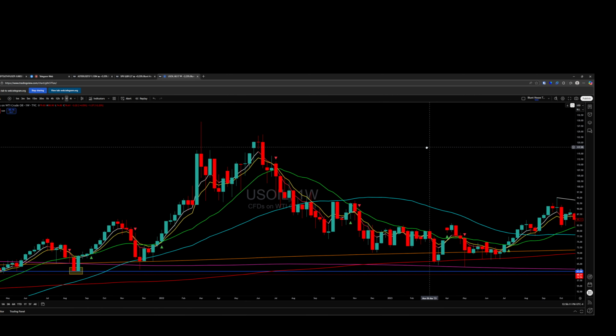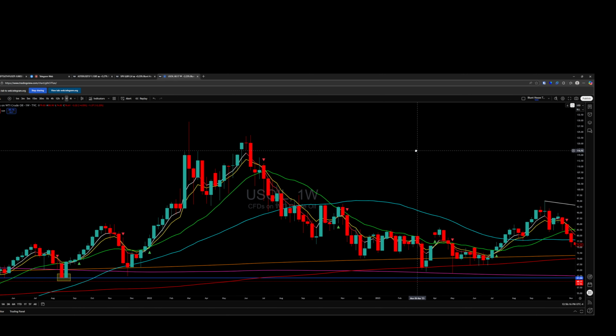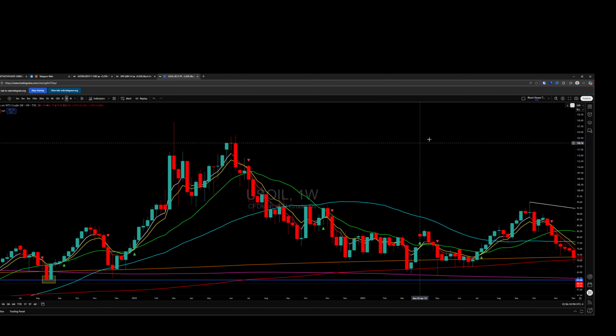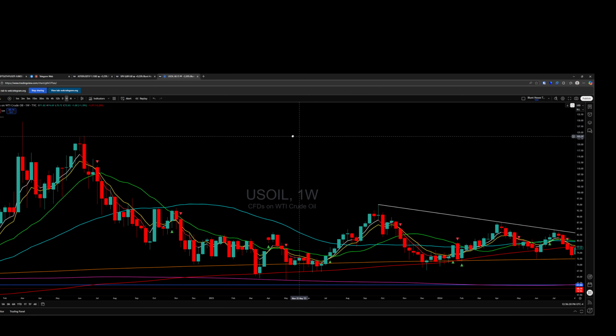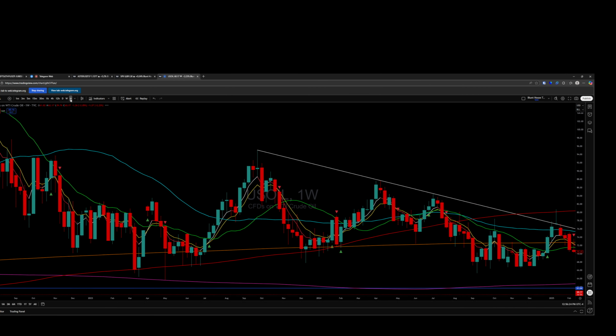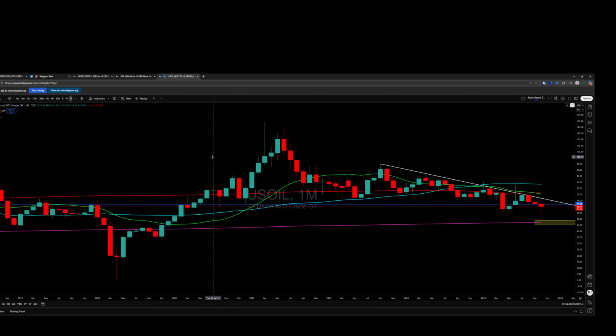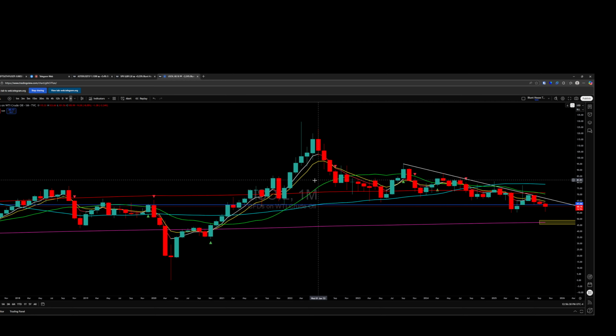Oh, we broke some levels. Break one level, find the next, and so on and so on. Right? So we show you on the daily and the weekly what it looks like. But we're doing the same thing on the monthly. Broken one level, find the next. Right? Look at